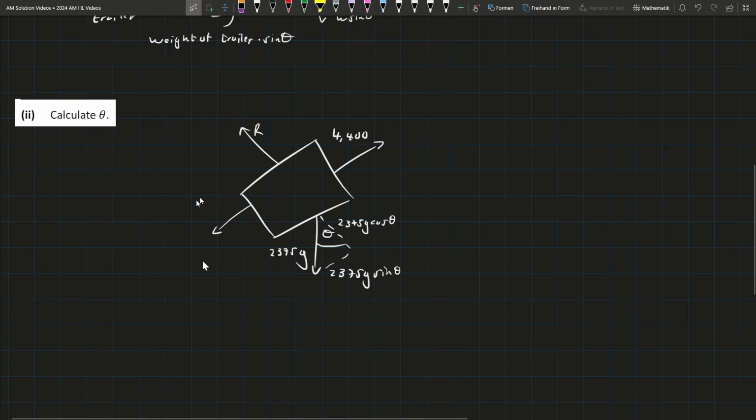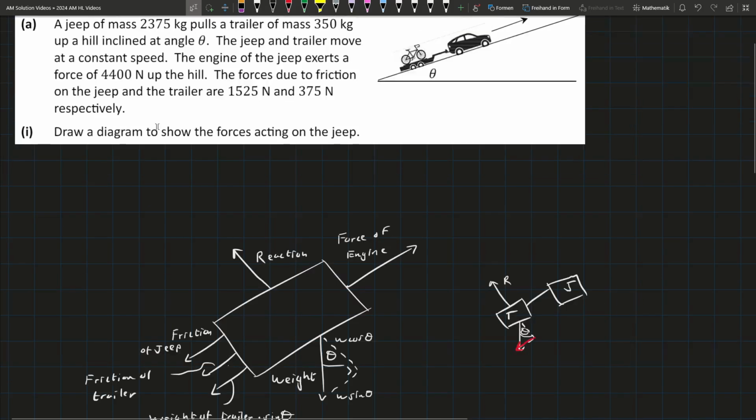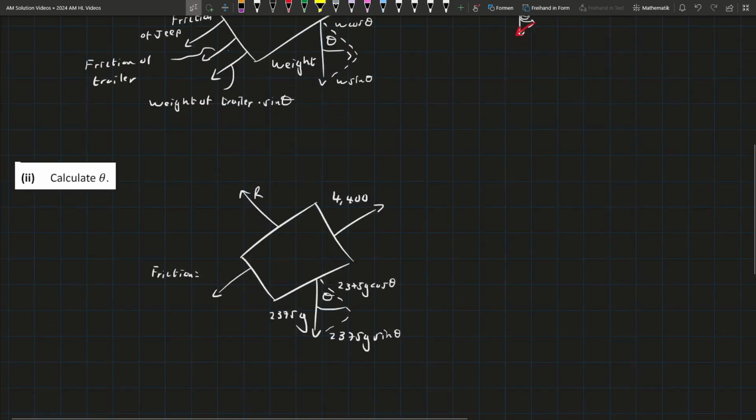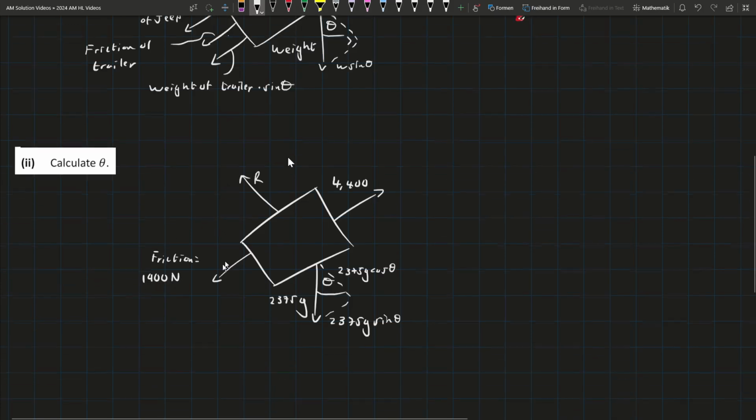So I'll have the friction, just to show all my work. It's going to be 1525 plus 375. So if you do that on your calculator, it's 1525 plus 375. It's 1,900 newtons. But then we also have going down, if we think about the trailer again,